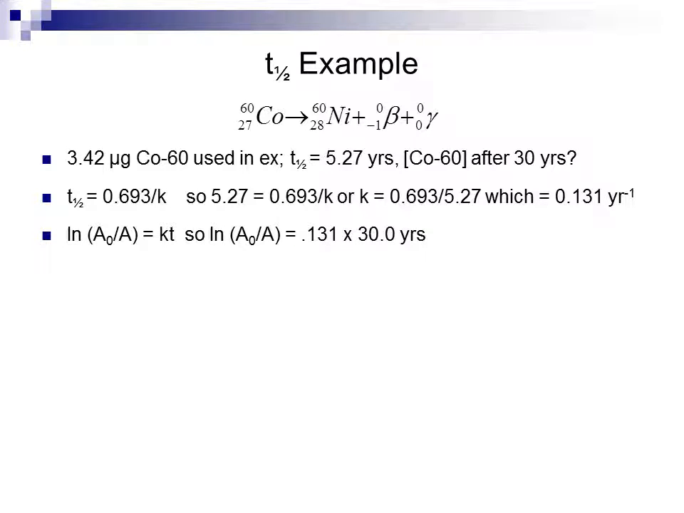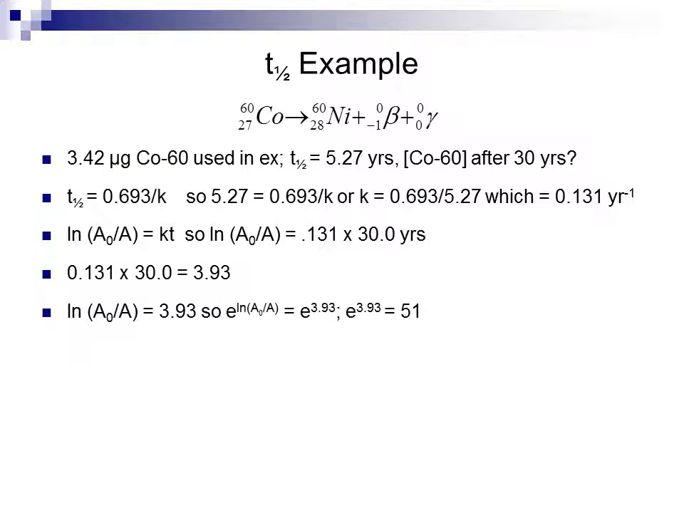per year. If I look at my equation for determining the remaining amount of material, I substitute 0.131 for the K value and 30 years for the t value, and set that equal to the ln of the initial concentration over the current concentration. 0.131 times 30 is 3.93, so the ln of the initial concentration over the current concentration winds up being equal to 3.93. To get rid of an ln, we have to exponentiate using e,